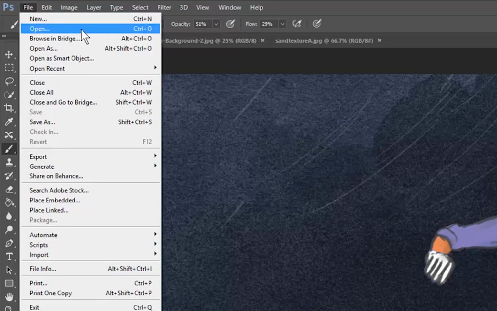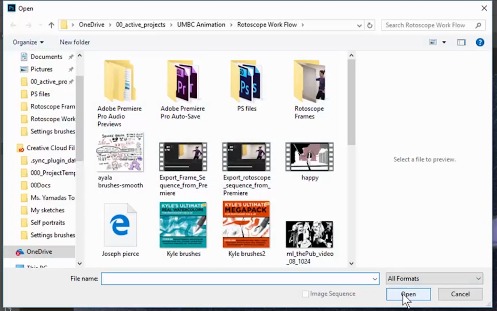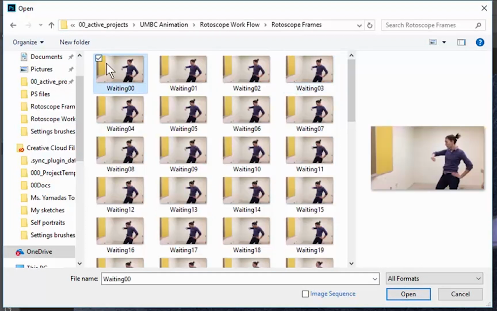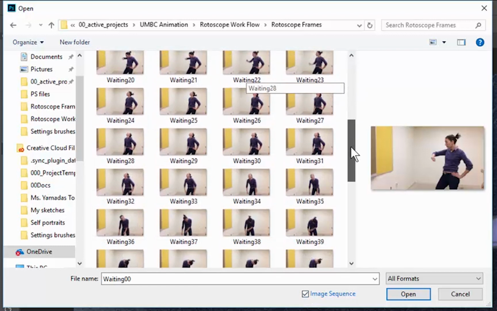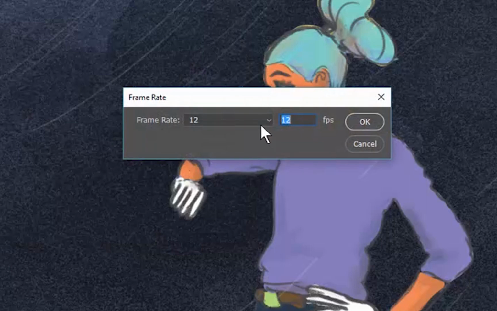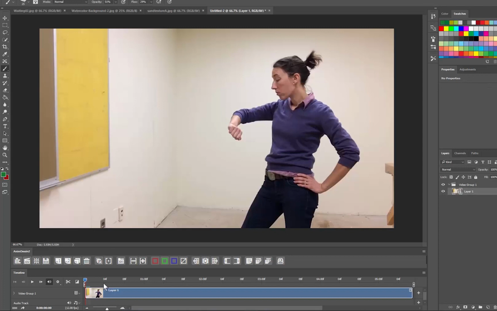And the way we do that is we go to File, Open, and navigate to your folder with your frames. Select the first one. Then down here there is the option to check this image sequence box. And what this will do is it will import the entire sequence, assuming that it's all named in order, which since we exported from Premiere it is, and it will import it as a video sequence. And you can designate the frame rate. So we're going to designate this frame rate as 12,